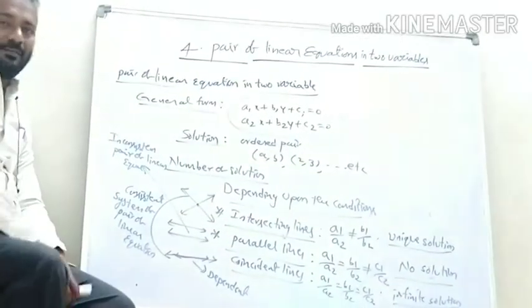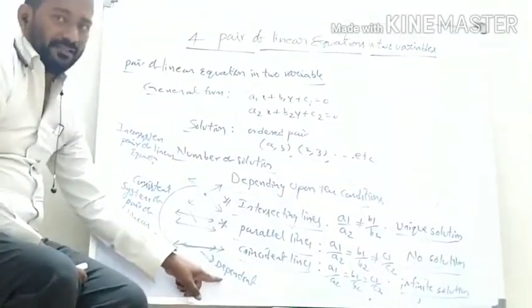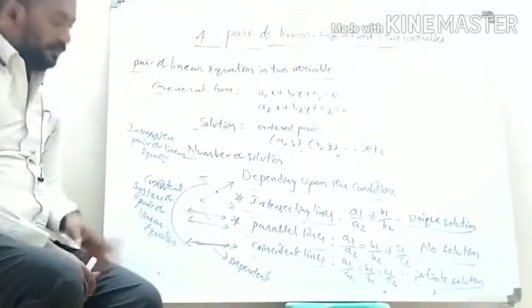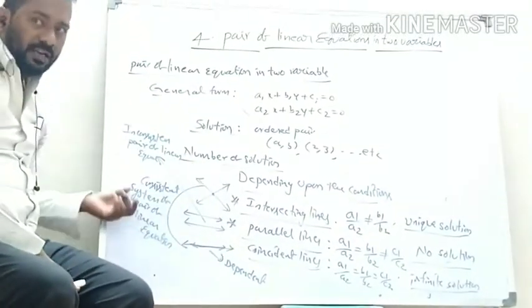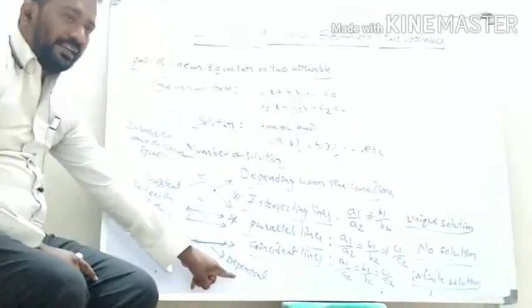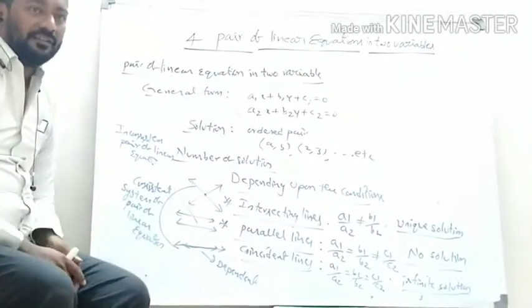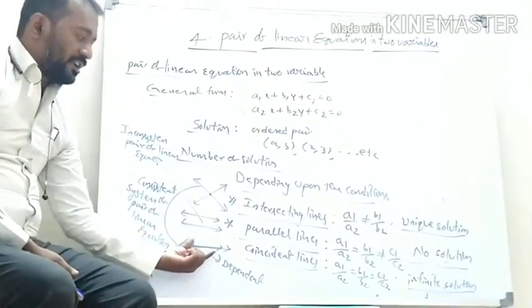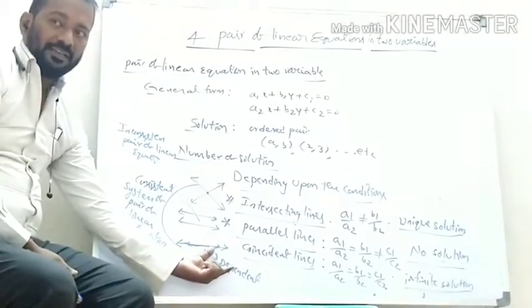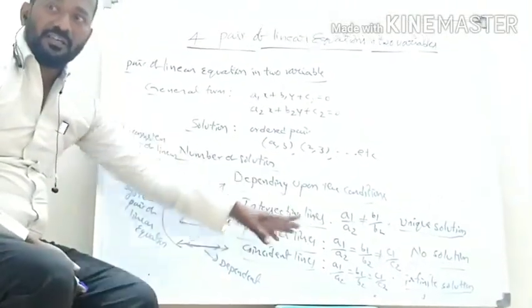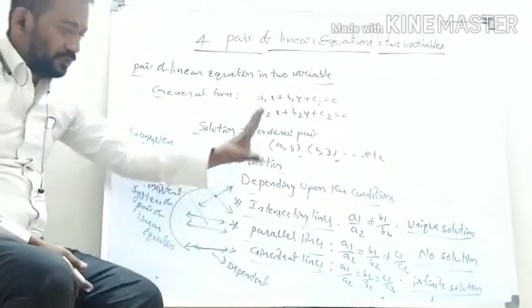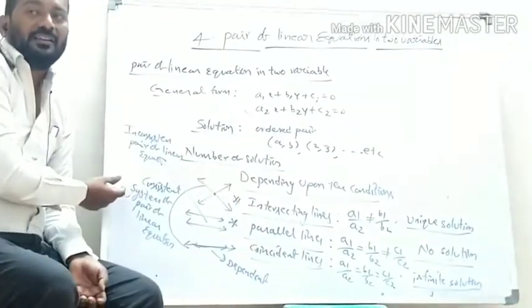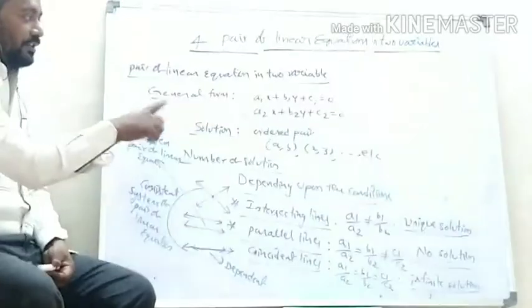Now one question from the last examination: are dependent equations consistent or not? These two are called consistent. Now the question is, is a dependent pair of linear equations consistent or not? Yes, you should get the answer yes. A dependent system means the lines are coincident to each other. A dependent system has infinite solutions, so it is consistent. When equations have a solution, we should say it is consistent. Dependent equations have infinite solutions, that's why it is called a consistent system of pair of equations. Note it.